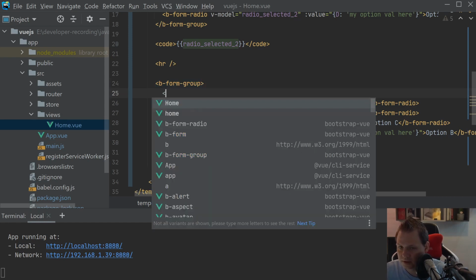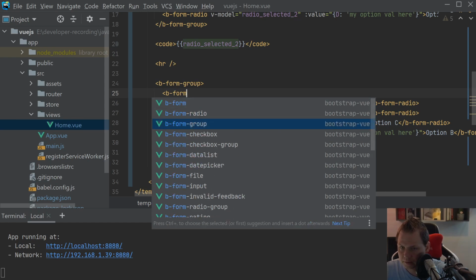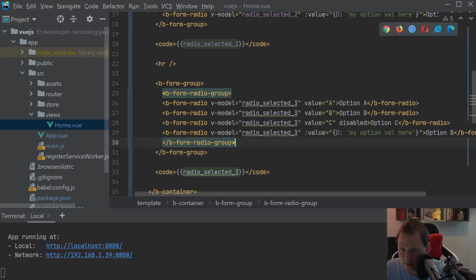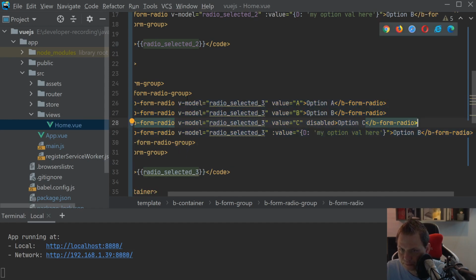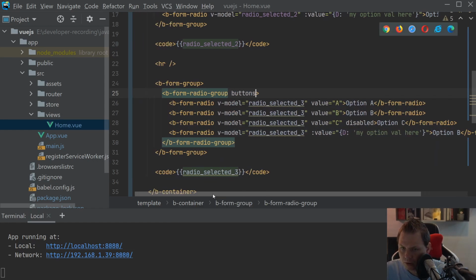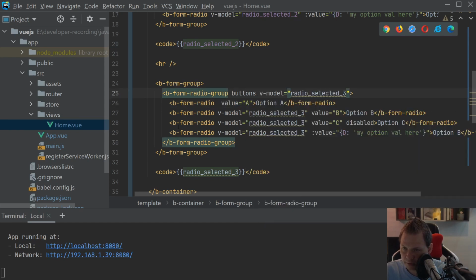We can just say the b-form-radio-group, here we go, and then you just copy it down here, and then we can style the group a little bit more. For this group we want to say buttons, and when you're using the form radio group, you don't need to put this on every single form radio, because all the radios inside here will be part of each other. So we can just go down and remove this,